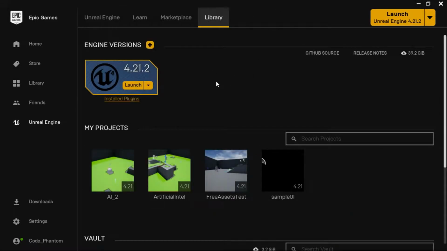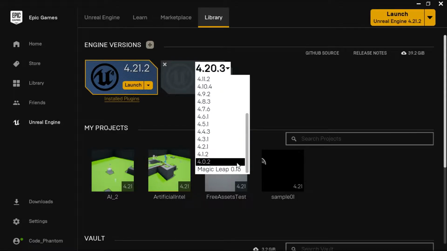Tapos pagkatapos na nandito ka na sa library, just go ahead and click on engine version at makikita mo dito na pwedeng i-install ang ating Unreal Engine 4. So go ahead and click this 4.20.3 para makakapili ka or you can choose what version of the engine yung gusto mong i-install. So for this one, I really recommend na i-install mo muna yung 4.20.3 kasi currently ito yung pinaka-stable na version at yung 4.22.0 it is still in beta testing, kaya I really recommend na